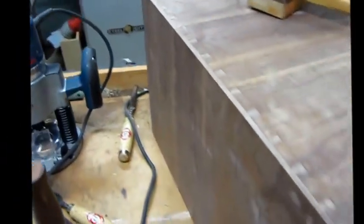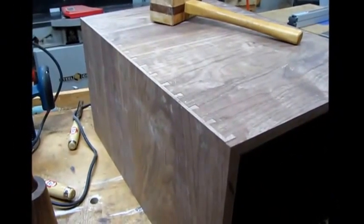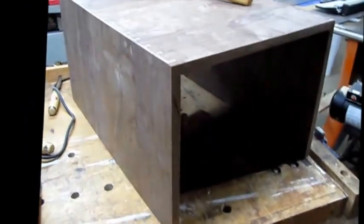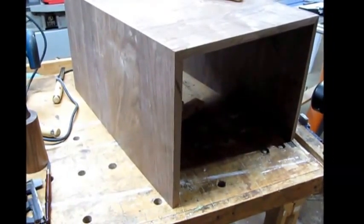So that is the mitered half-blind dovetail along that case joint, and next step is to do full through dovetails across the bottom, because the ends of those tails will be hidden by the